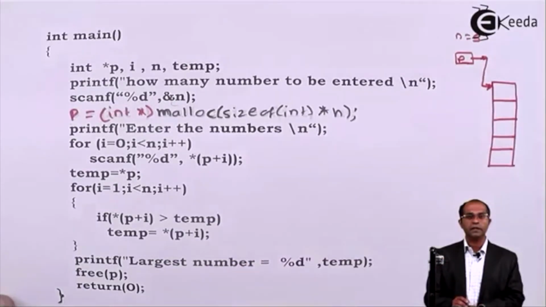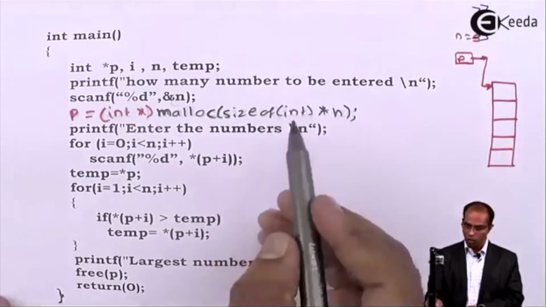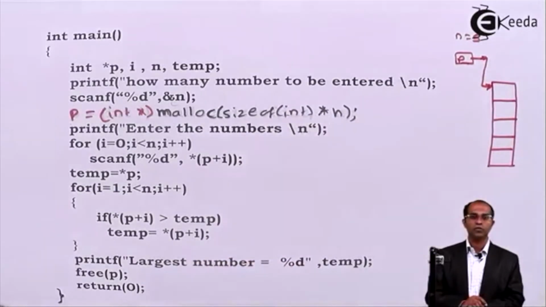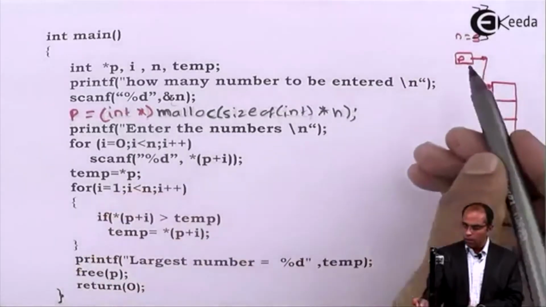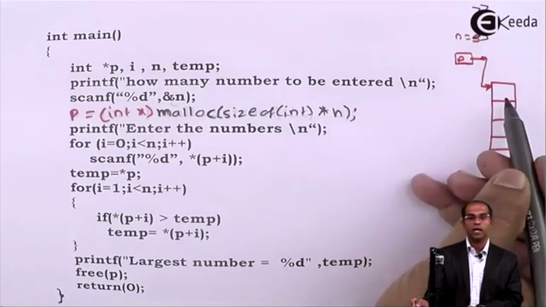Then we'll say (int *) n. So sizeof(int), you can say it as 2 * n, or you can say sizeof(int) * n also. Now after this, your p, the first location can be referred to as p[0] or *(p + i).